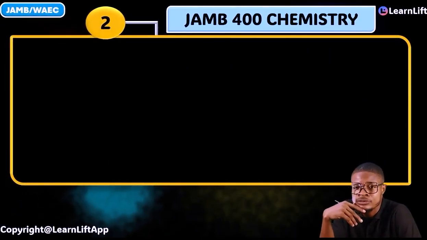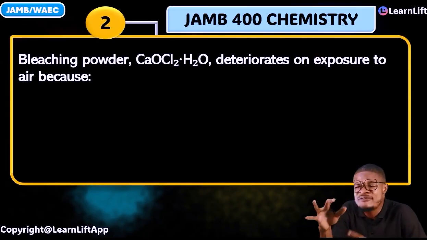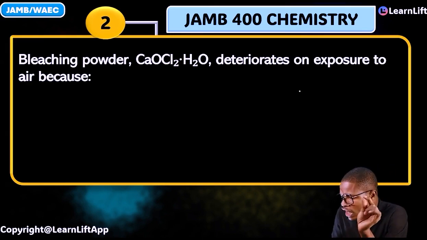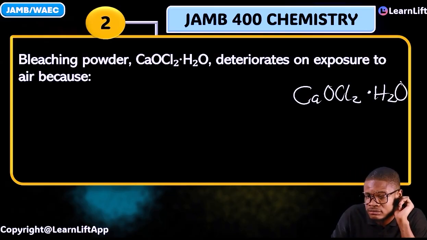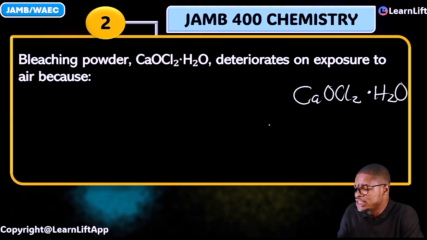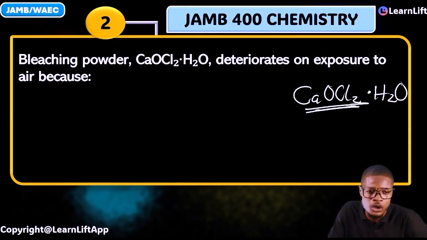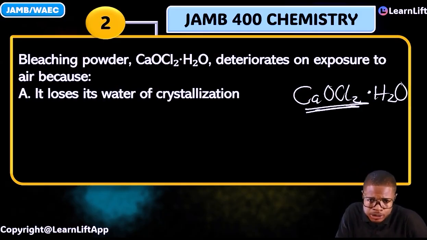Answer this question for us. Now, the question here, question 2, says bleaching powder. Before we even go first, what is the formula of bleaching powder? The formula of bleaching powder is CaOCl2.H2O. Don't ever forget it. What is the formula of your bleaching powder? CaOCl2.H2O. So your bleaching powder deteriorates on exposure to air because, option A,